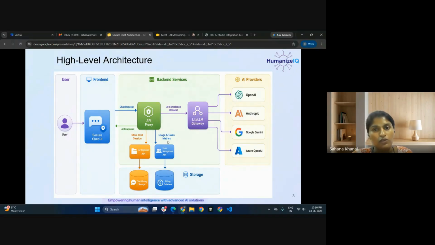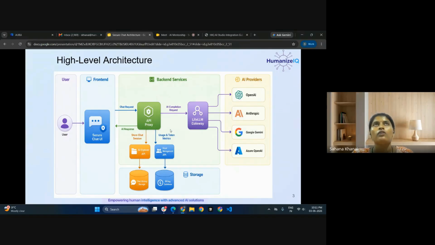Based on that, we calculate the cost in our API proxy, and that cost will be inserted into the billing database. We are using the user management API. In the user management API, we have an endpoint called billing. Using that billing endpoint, we insert a billing record for each chat transaction.